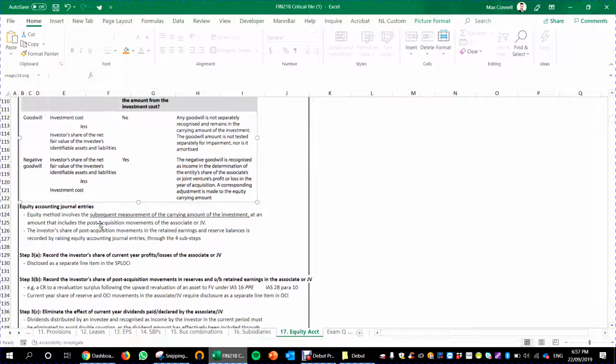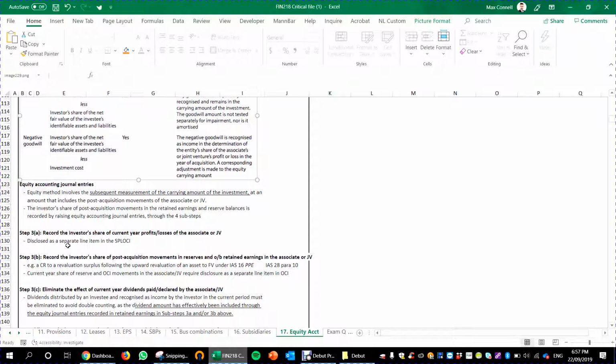Okay, and then the equity accounting journal entry. So it involves the subsequent measurement of the carrying amount of the investment at an amount that includes the post-acquisition movement of the associate or JV. The investor's share of post-acquisition movements in the retained earnings is recorded by raising equity accounting journal entries through